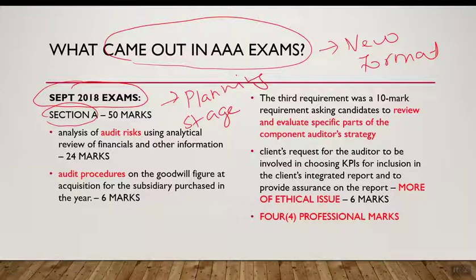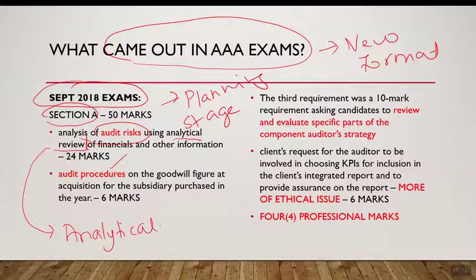They asked the students to analyze audit risks for 24 marks. But why was the mark so high? Because the students were asked to use analytical review. That means you were asked to use analytical procedures. You had to calculate some ratios on how to assess audit risks. And of course, like what I mentioned just now, when there are risks in the financial statements, you could be asked to